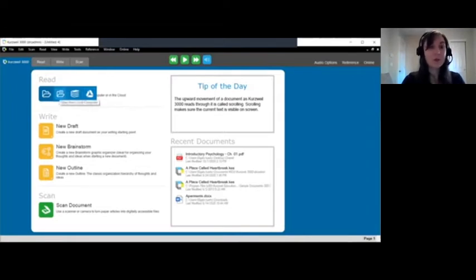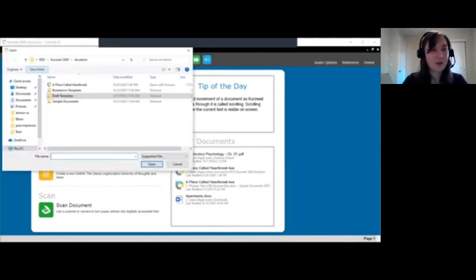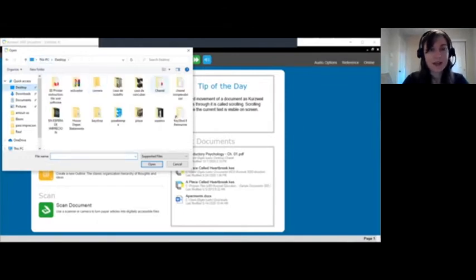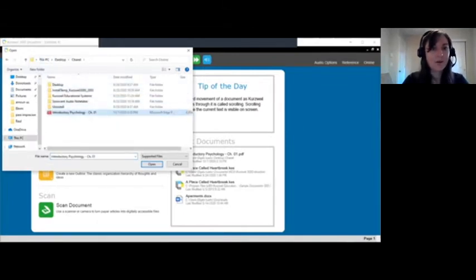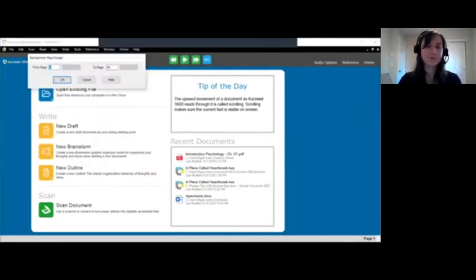I'm going to open a psychology textbook chapter today that I'll show you. So I'll go ahead and navigate here and I'll choose my psychology chapter and I'll open that. Once I select open, then there is a recognition page range window that appears.